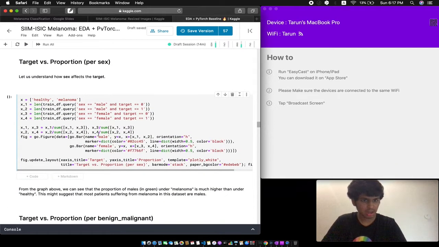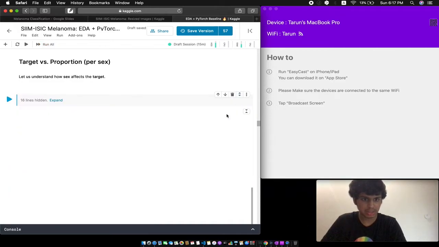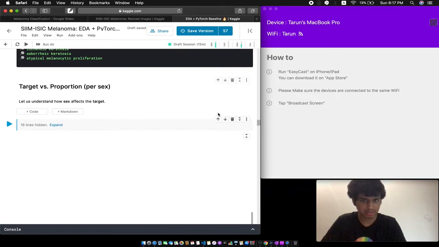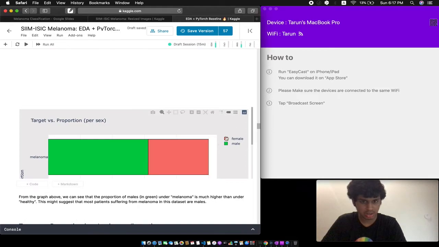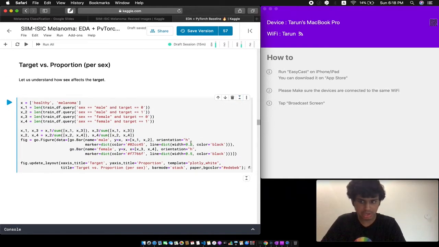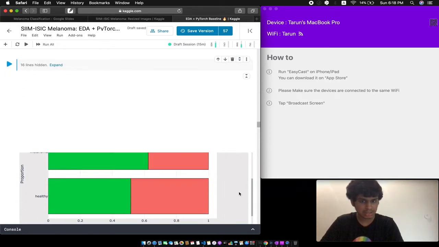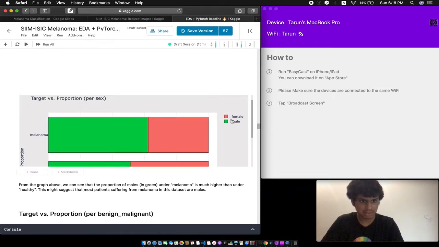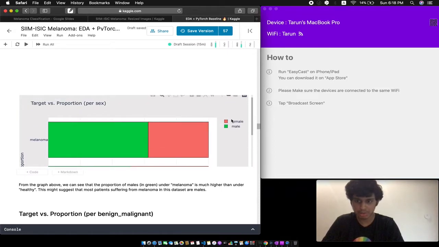Okay, and now we see the relationship between the target and gender. So just waiting for the graph to load up. Okay, cool, loaded up. As you can see, I have a lot of plotly code here to generate this nice little plot. Basically it gives us the proportion of males and females for each class.